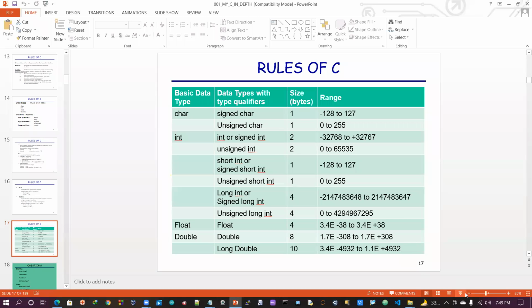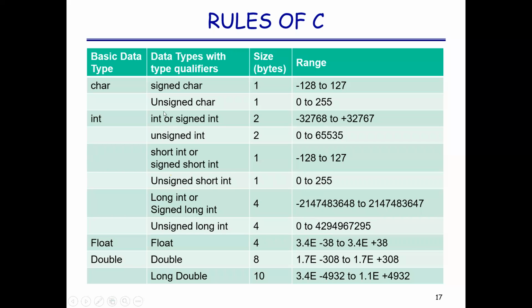Okay, fine. Now look at the table. So you get the concept about signed and unsigned. Once again, which qualifier you are using doesn't matter. The size is the same, only the range is changed. In case of char, this is the range. Understand? Now coming to int, see here in int we have so many varieties, Kaushik: 1, 2, 3, 4, 5, 6. Okay, 6 varieties. So dealing with them one by one.